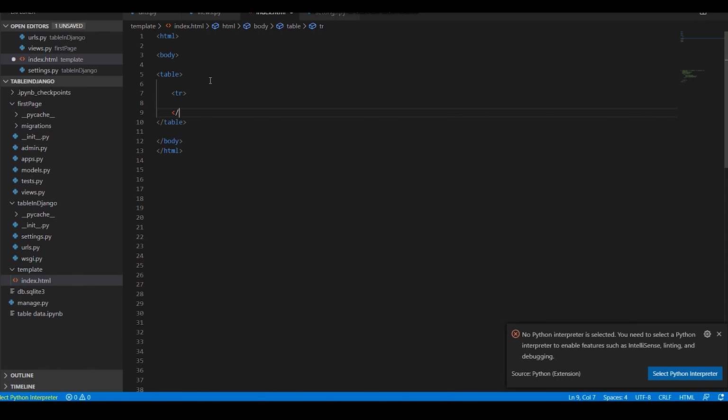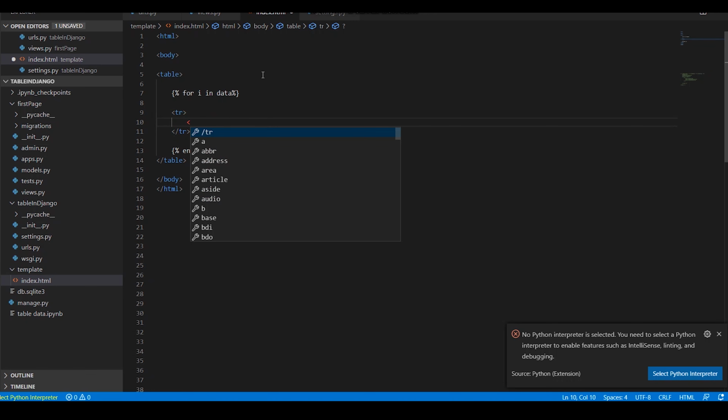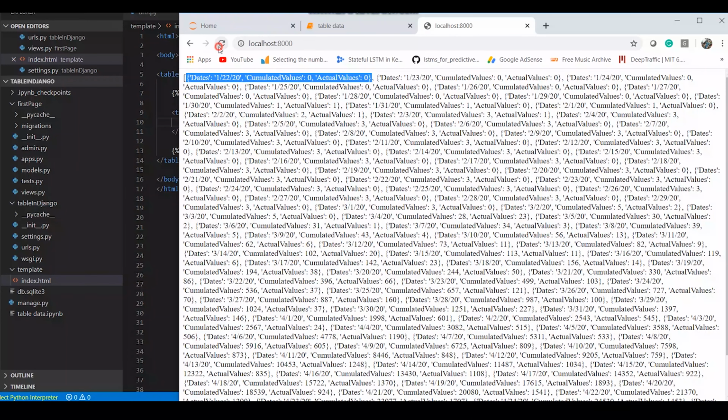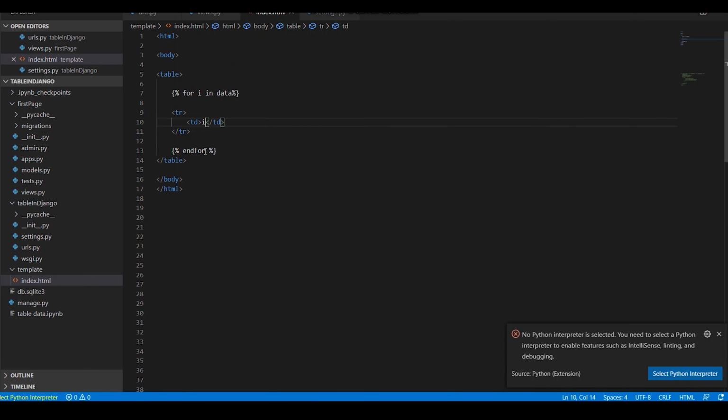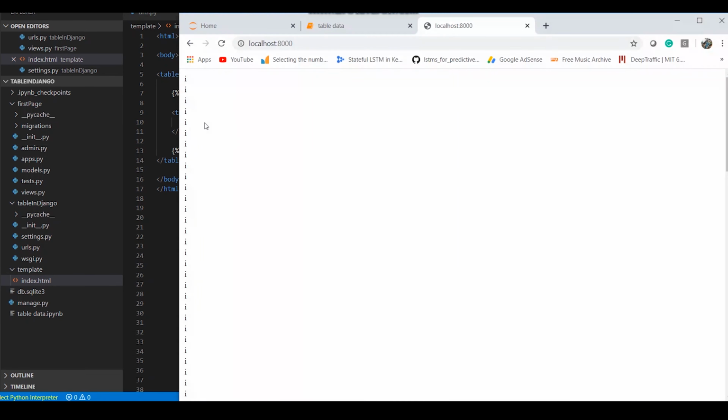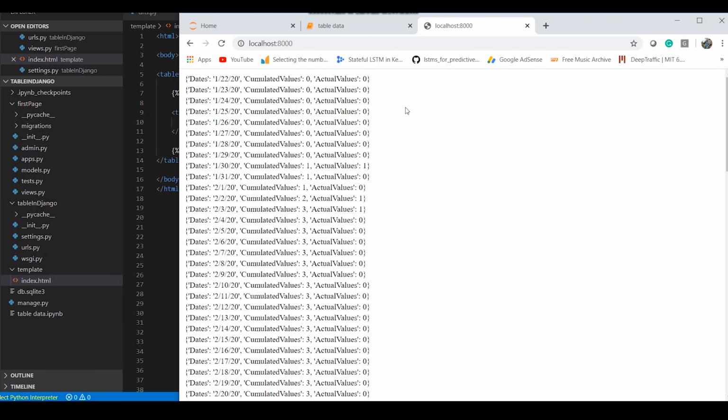So tr, this would have td, so let's just simply pass i for now, and let's see it here. So it repeated the i. What we want is, we want it inside double curly brackets, and now our values are here.